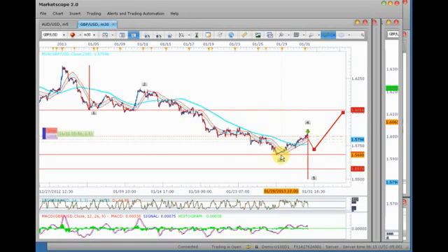So we get some type of call, either an A, B, C, or this could be a 3, 4, and then all of a sudden this is not a 3, this is a 5, and everything starts to recount. So these counts aren't set in stone, especially when you get toward the end of May, if this is hammering out some type of a bottom, these numbers will shift around. But right now we are at a